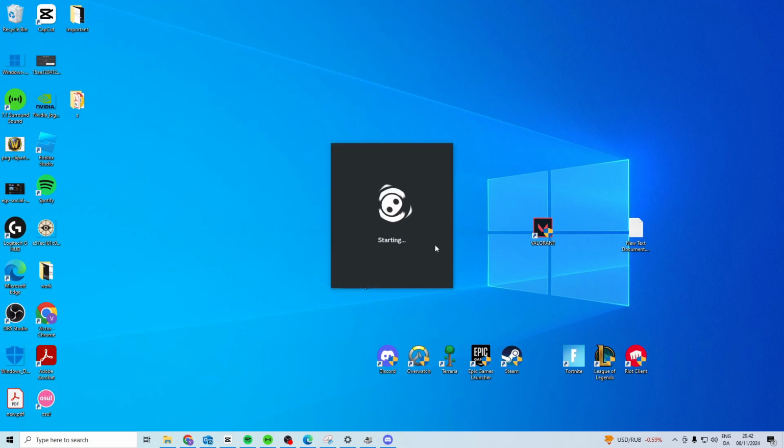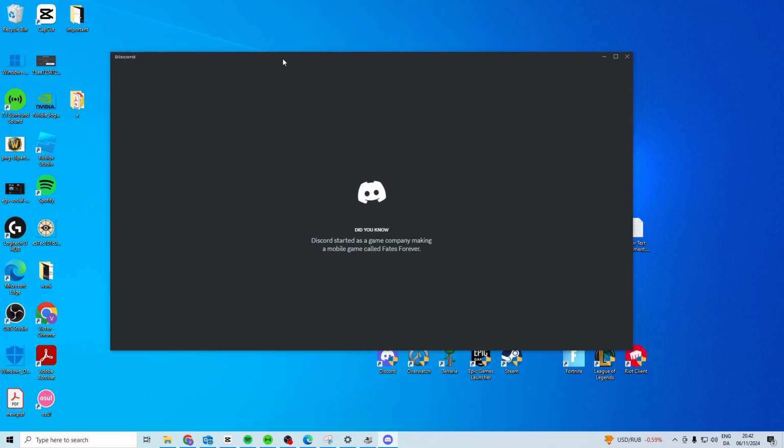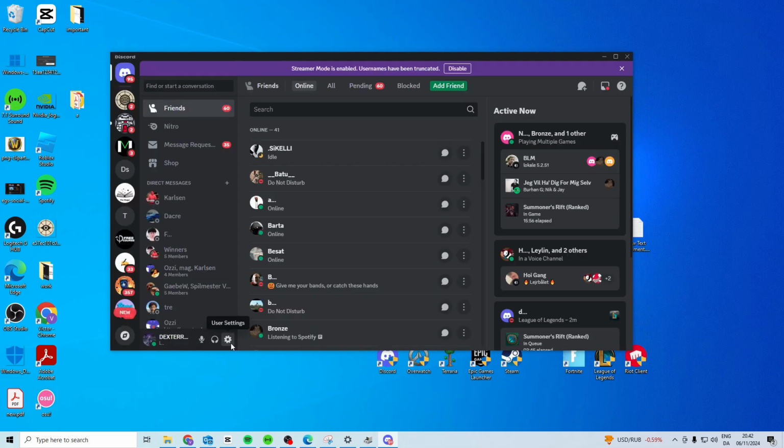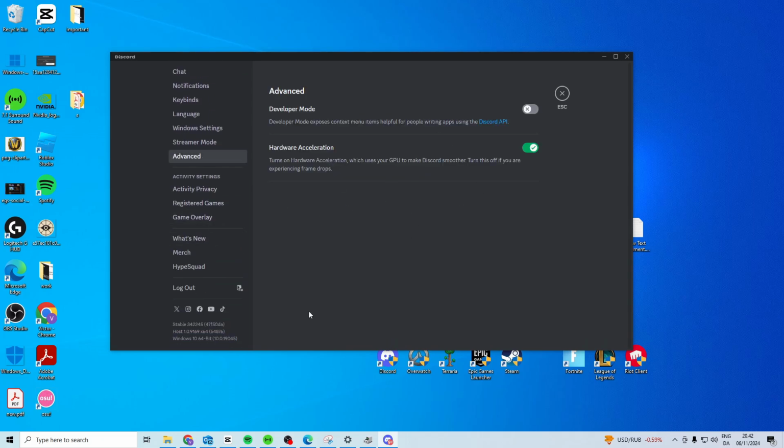So what you want to do is, like I said, turn it off if you already have it on. If you don't have it on, you just want to turn it on and then it's going to restart Discord. So once you've done that, what you want to do is come to